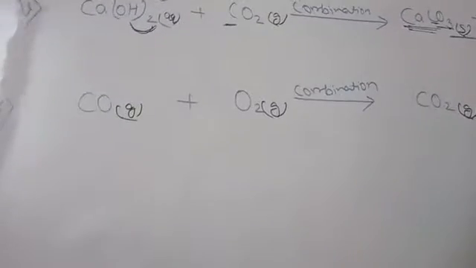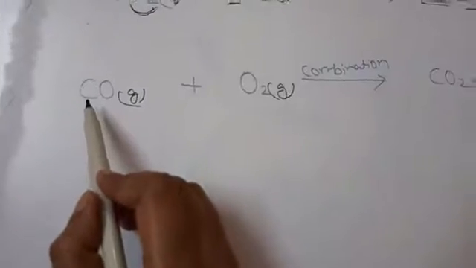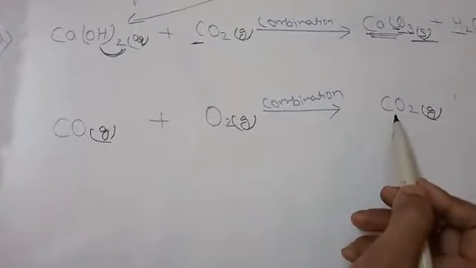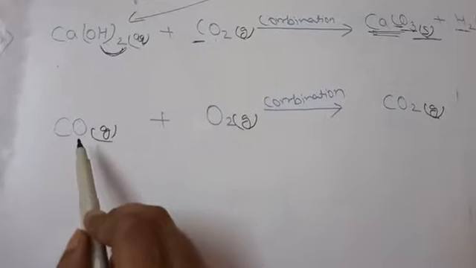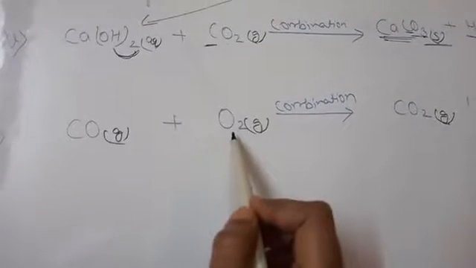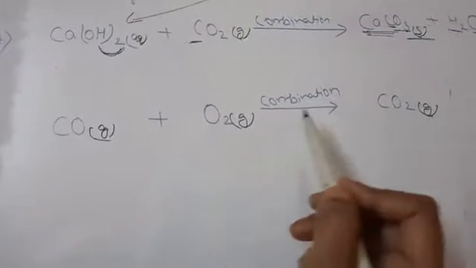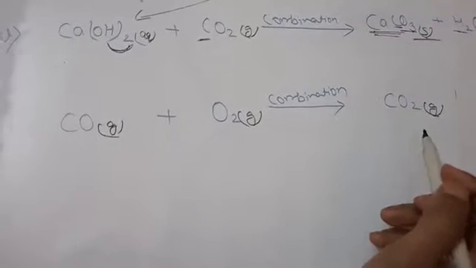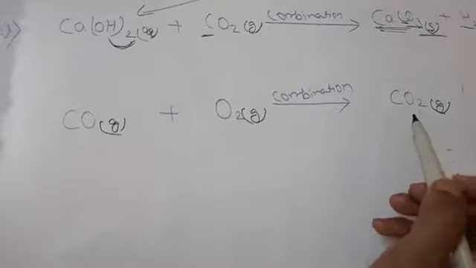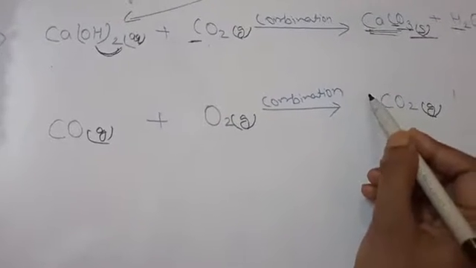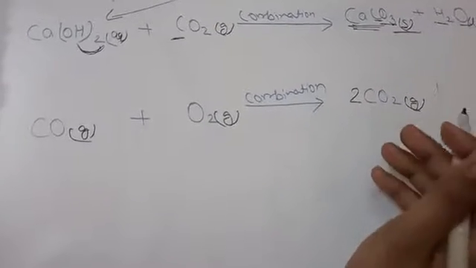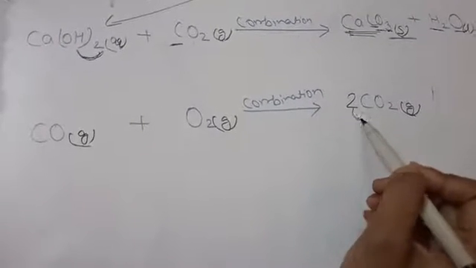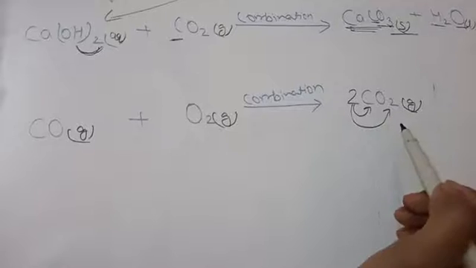Now to balance the equation, see here carbon on the left hand side. In the reactant you can see 1 atom of carbon, and in the product also 1 atom of carbon. Here in the reactant it is 1 and 2, a total of 3 oxygen, and here only 2 oxygen. To balance the oxygen, multiply by 2. Multiplying by 1 gives no change, so multiply by 2 and you will get 2 carbon and 4 oxygen.